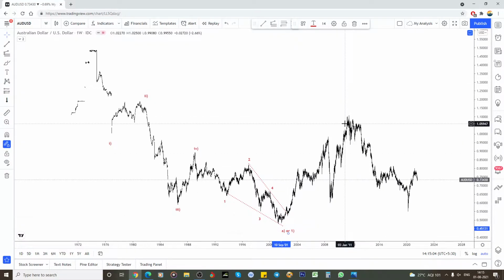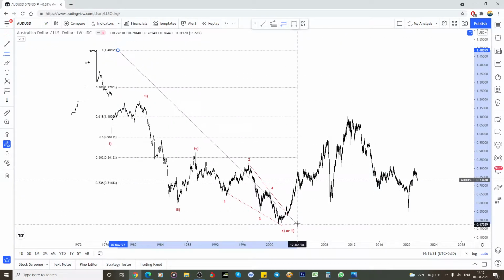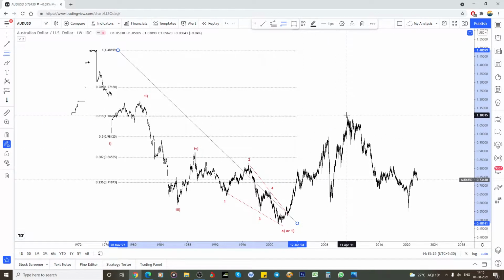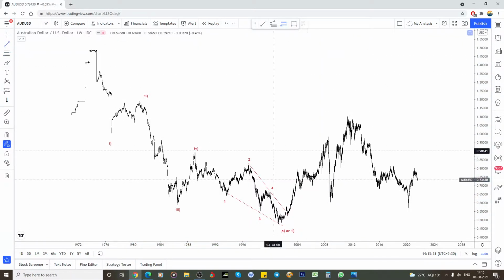So if it is a zigzag, 38.2, but this is a bigger picture, it's a weekly chart, so I'm expecting one more high of 61.8, because if this is the wave 1, wave 2 can be a 61.8. So if you measure this from the top to the bottom, here it's already perfectly the 61.8, it got rejected. So that means you have to understand this simple correction once again.